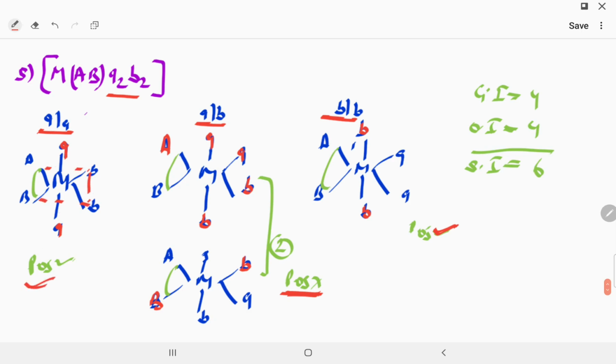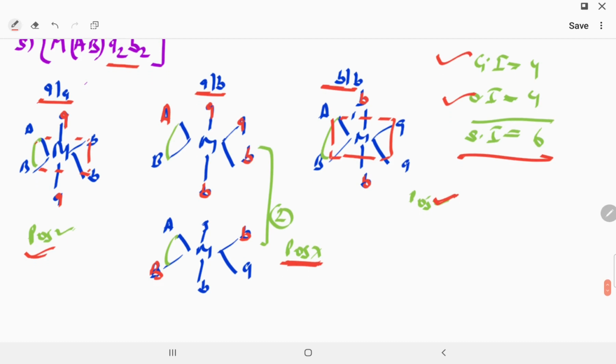This is having a POS plane. Okay, and in this case this is also having a POS plane, the red one line. So total geometrical 4, total optical are 4. Okay, because there are two geometrical that will not show POS plane, so there will be optical also shown. So total optical 4, but optical is also counted in the geometrical. So total stereo are 6.